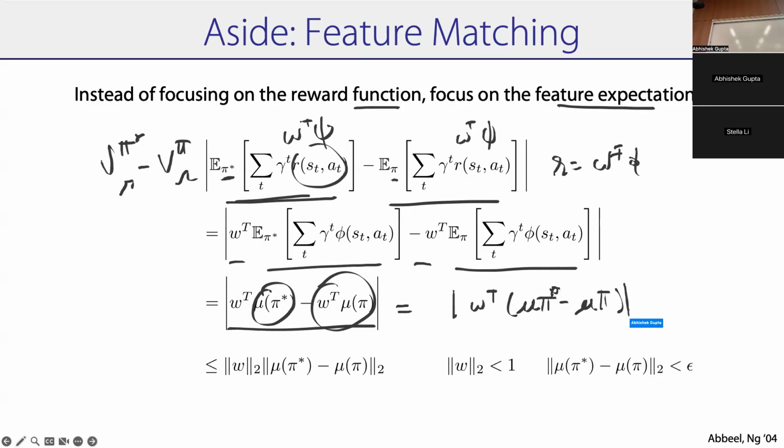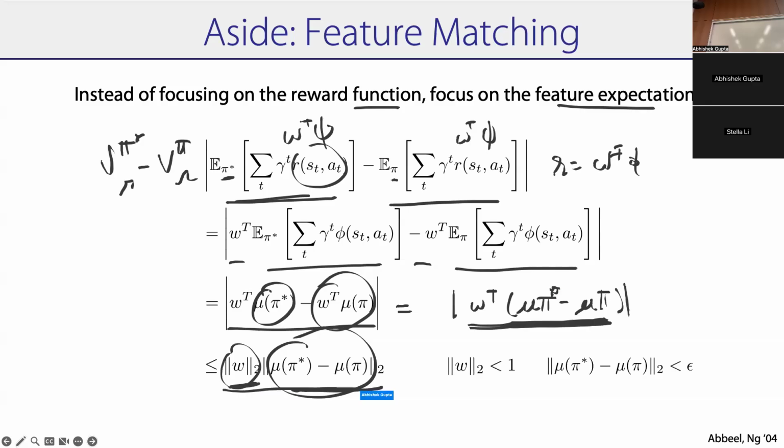And just by Cauchy-Schwarz, you can say that this thing is less than or equal to the W norm times the difference in feature norm. And so what this allows you to say is that value difference is equal to W transpose times feature difference, and W transpose times feature difference is less than or equal to the W norm times the feature